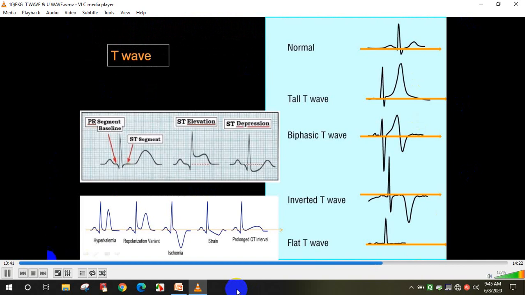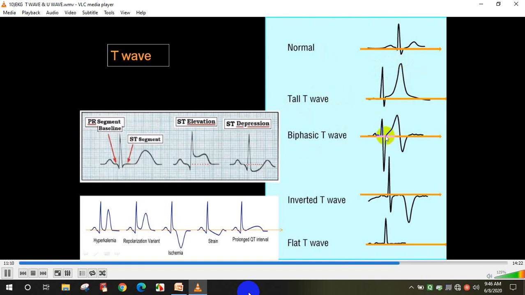Now these are all the different shapes of T wave we'll show you. So this is normal T wave. You can see that this is the isoelectric line. T wave is upright. It is less than half of a QRS complex. This first upslope of T wave is longer than the second downslope. We call that asymmetrical. So this is a normal T wave. Now here you see that this is the isoelectric line. The height of a T wave is taller than QRS complex. So this is called tall T wave.